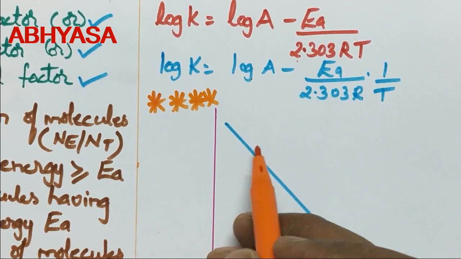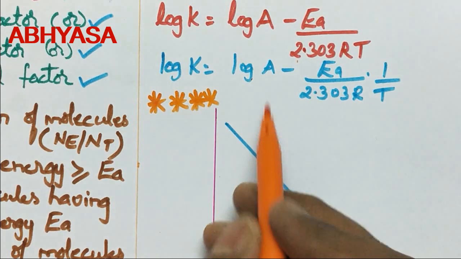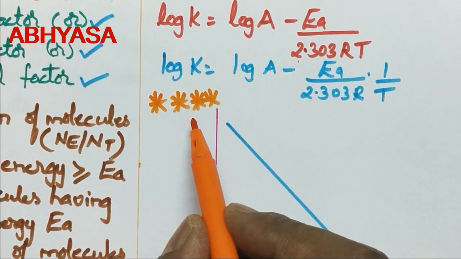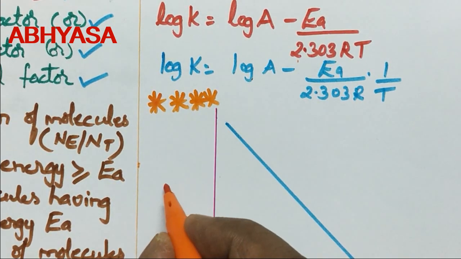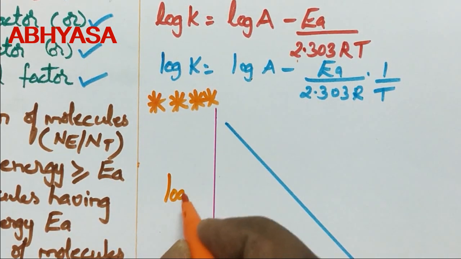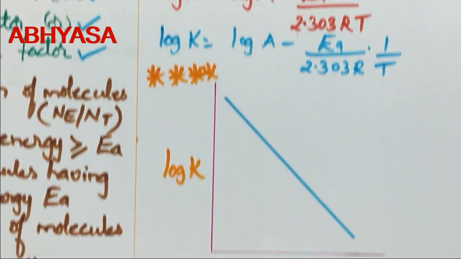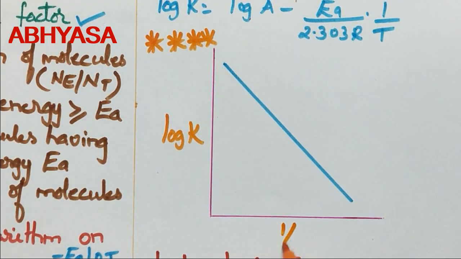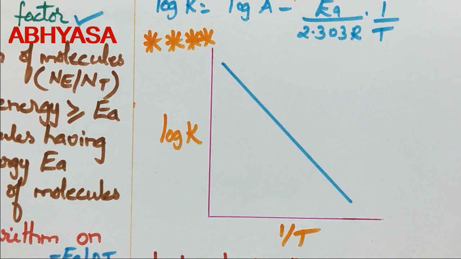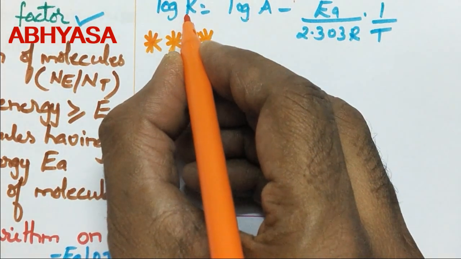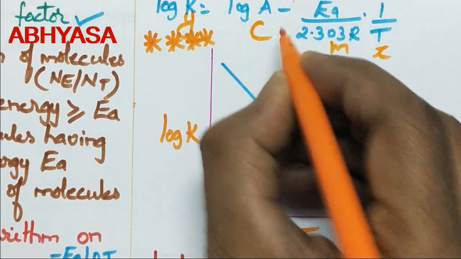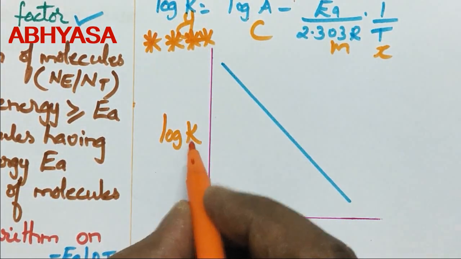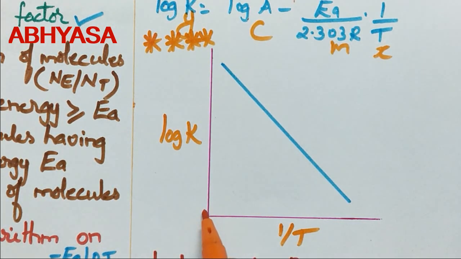And it's again the same kind of graph we are plotting, but with different terms here. This is one of the very important graphs in the entire chemistry. The only thing here is we are plotting log k with 1 by T. So this is again in the format of y = mx + c. This is our y, log k is taken on the y axis, and this is our x, 1 by T